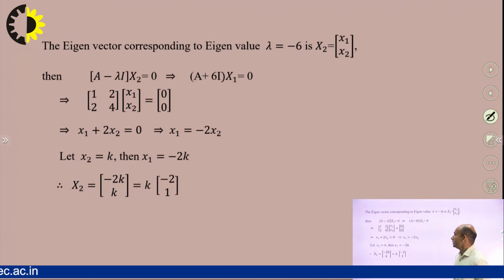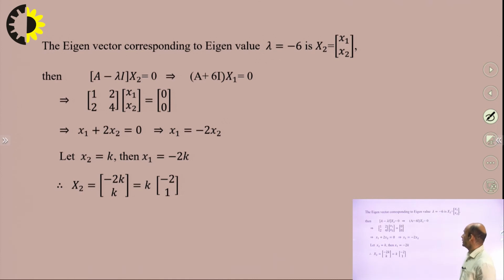Now we have to find the eigenvector corresponding to eigenvalue lambda equals minus 6, and let this vector be x2, which is x1 and x2. Then again we have the system here, which is A minus lambda I x2 equals 0, and lambda is minus 6 here. So we have A plus 6I x2 equals 0. Now we have to find the solution of this system of equations, which is 1, 2 and 2, 4, x1, x2, then we have 0, 0 here. So we get this equation,